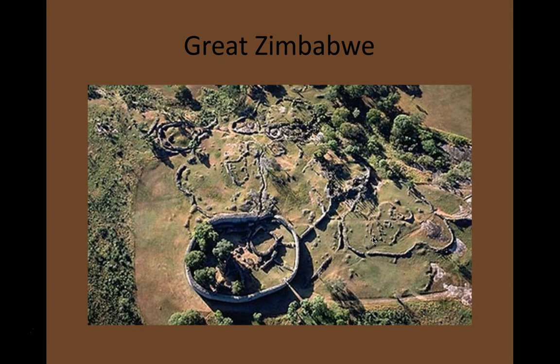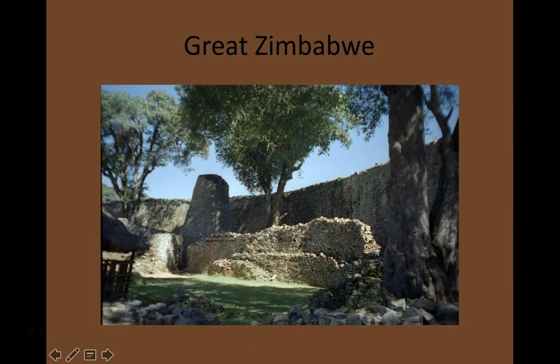Here is an aerial shot of this. So this is the Great Enclosure, right? Here is the Hill Complex, I believe, and then the Valley Complex is down here, I think. I'm pretty sure. Anyway, you can see that this is all covered with these walls. In general, the walls are about 5 meters high. In the Great Enclosure, back to this slide, they reach about 11 meters high, so 35 feet or so.